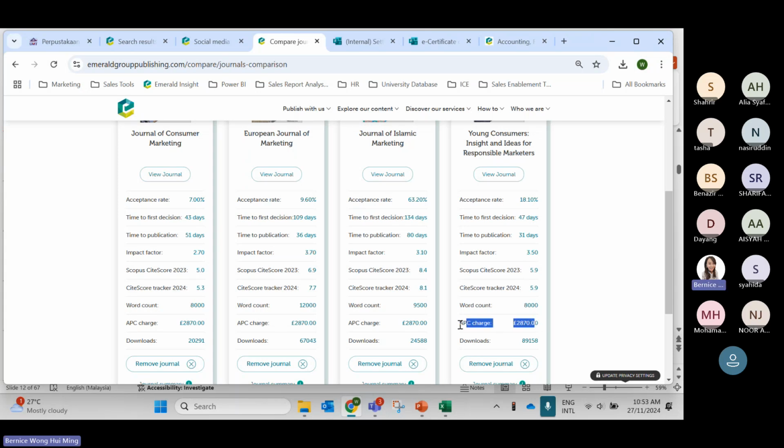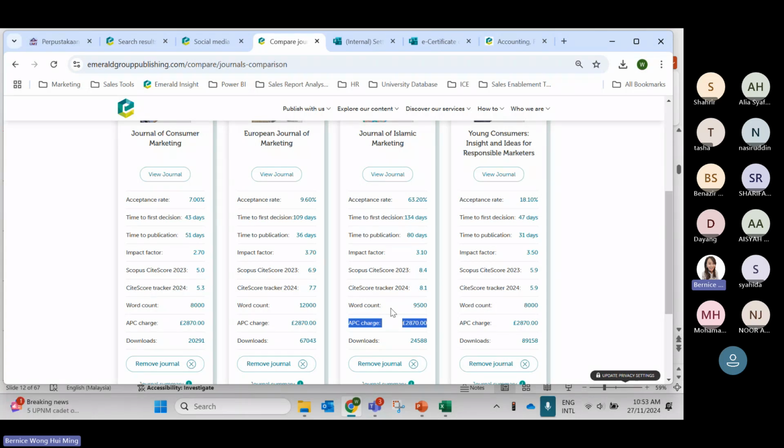APC charges, right? Audience will ask, why would it require APC charges? If let's say you publish in these journals, but you request to publish as an open access paper, then you only will need to pay this APC, £2,870. But if let's say you publish in this Journal of Islamic Marketing, you go into the normal journal publication without open access, it is 0 cost.